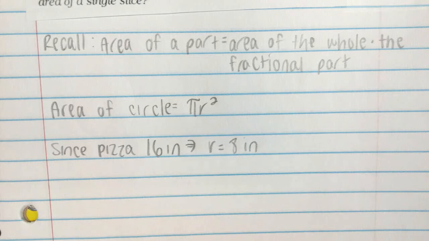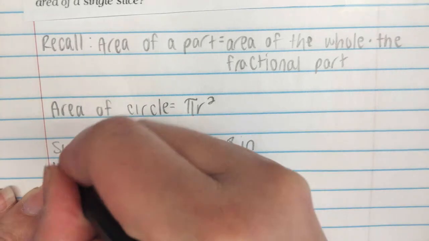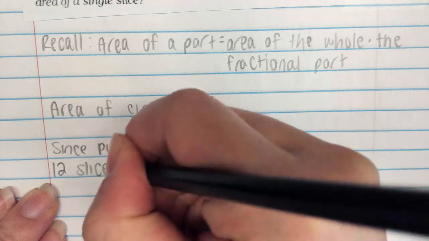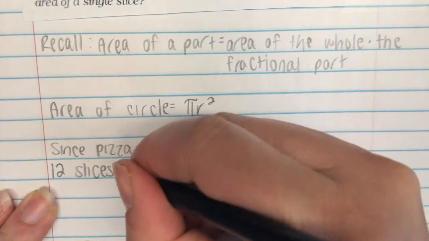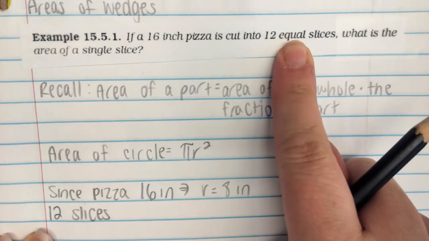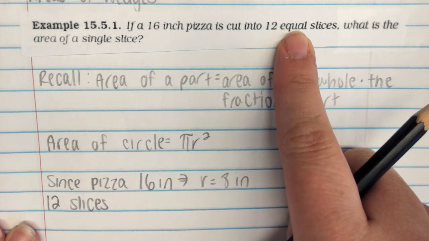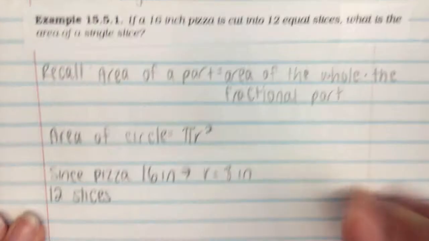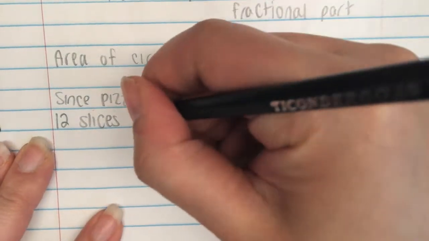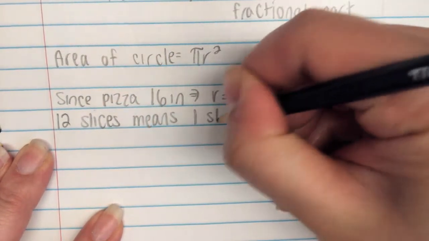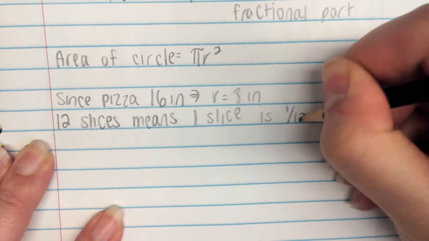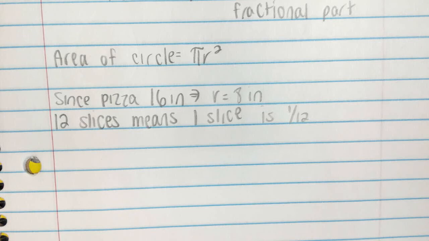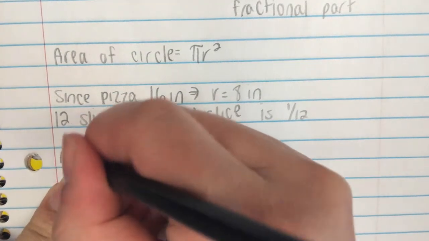The thing you need to remember also when we're dealing with the pizza is they cut those into 12 slices, traditionally. Actually, in this case, it's 12 equal slices. My bad, I shouldn't say that all pizzas are cut 12 ways, because you could actually cut it in 8. But in this particular situation, we know it's a 16-inch pizza cut into 12 equal slices. So 12 slices means that one slice is a 12th, one of the 12 slices. So if I'm trying to find the area of a single slice,